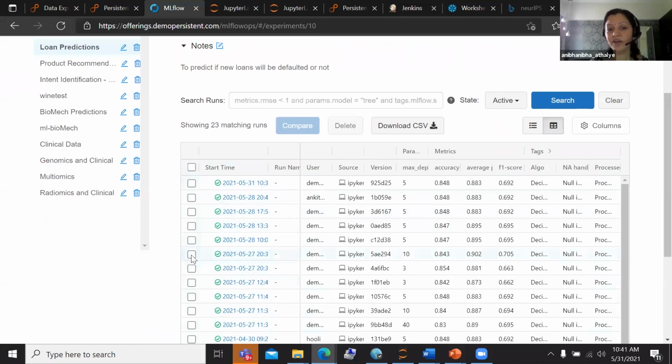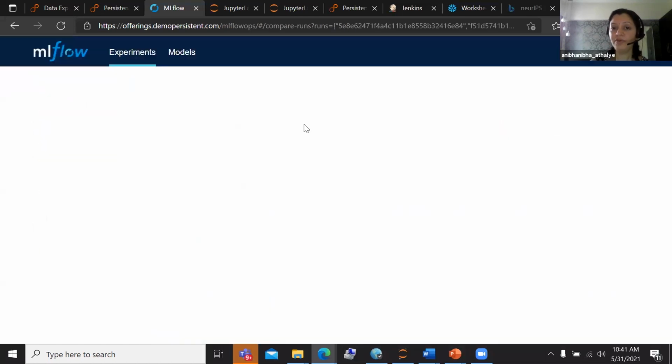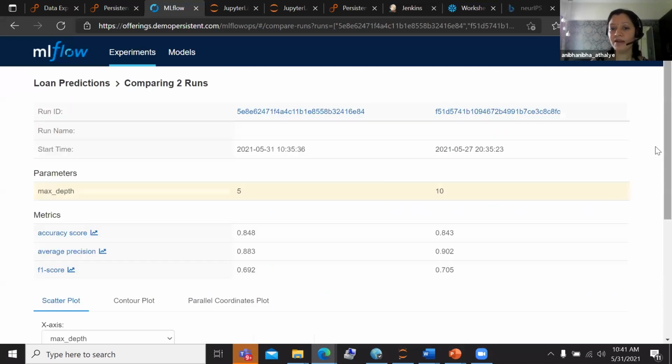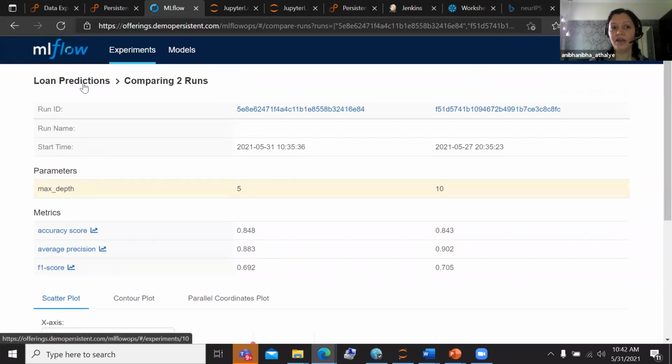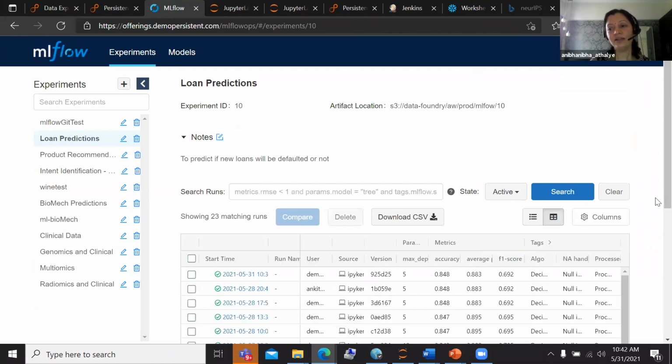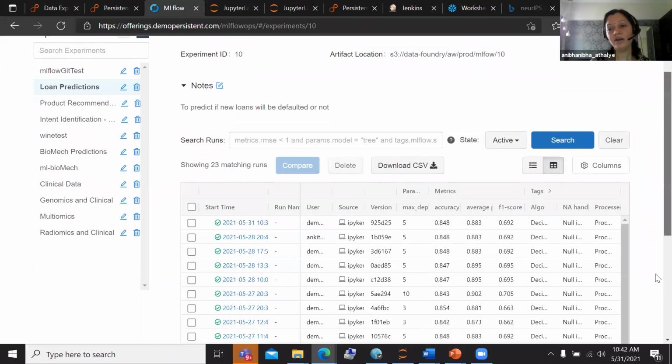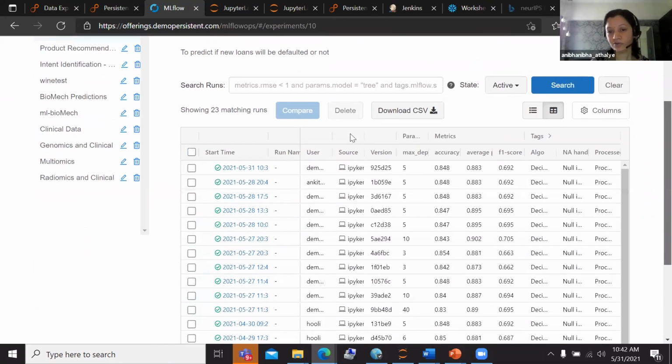So it's really a very simple and powerful feature which allows you to compare that, hey, with just a slight change in the max depth, the parameter to the experiment, I'm getting a different accuracy that I am seeing over here. Other than that, if you look at this screen, what we are capturing is the source code.